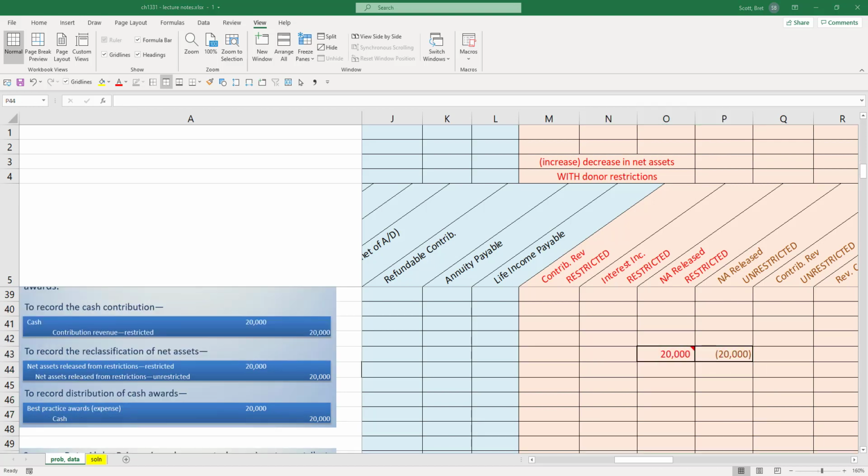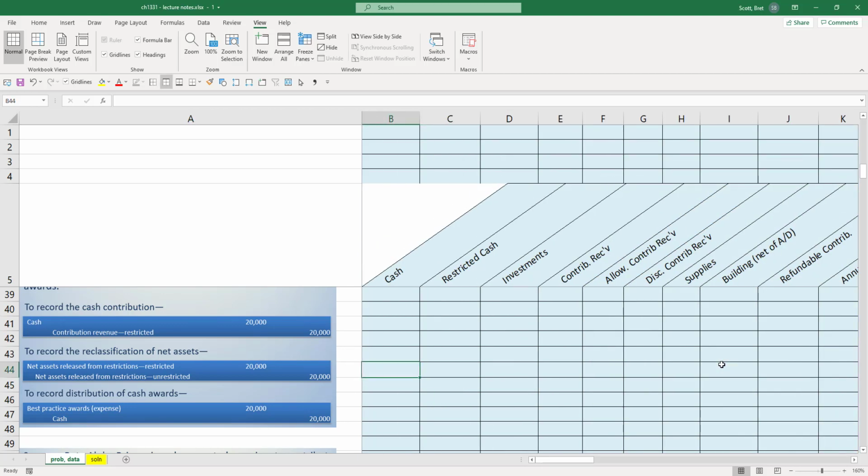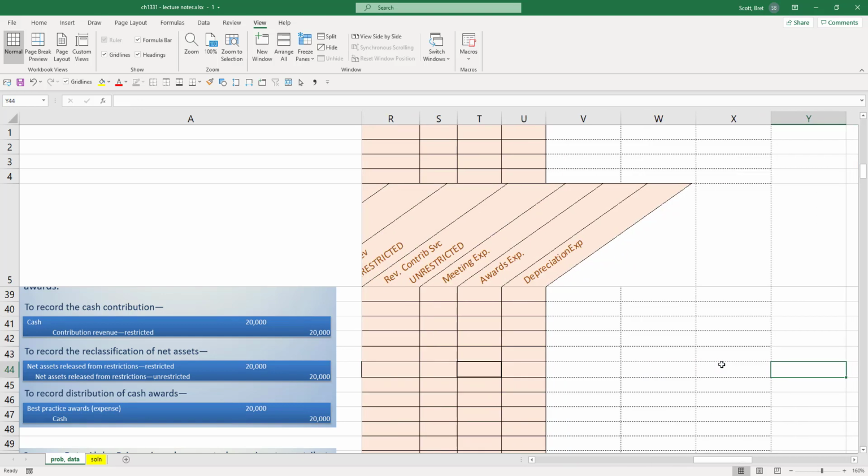Once the journal entry is recorded, then what can we do? We can go ahead and credit cash for the 20,000 that goes to the specific chapter, and we can go all the way over to an expense account called awards expense. Debit